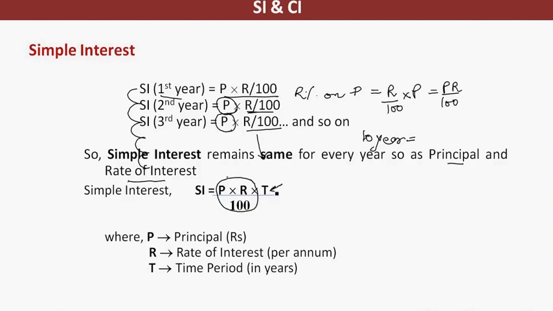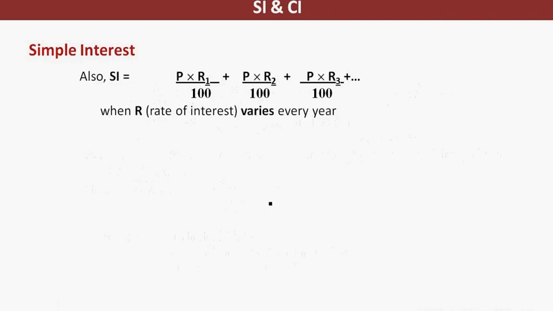So simple interest, this is the interest for 1 year. I am getting it for all the years, so I am multiplying it with T, which is basically the number of years, to give me a formula which is P into R into T by 100. P, as we have already understood, is principal, which is in rupees. R is the rate of interest, which is expressed in percentage per year. T is the number of years for which the investment has been done.